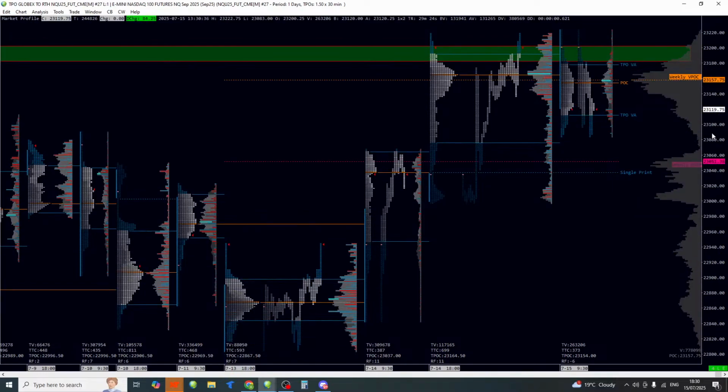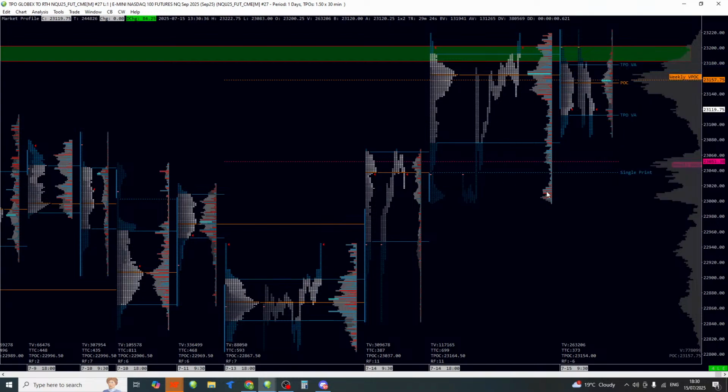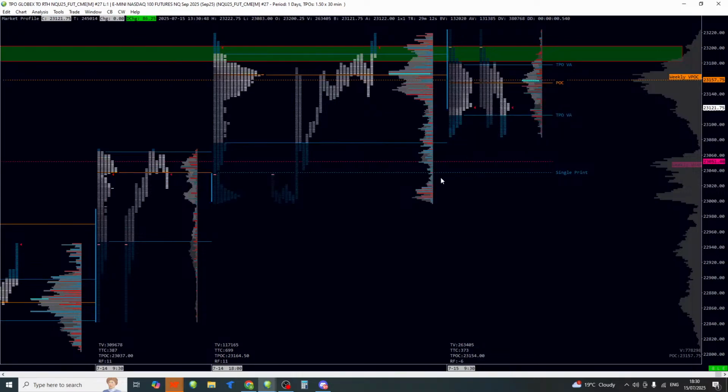As I said, volume profile is based on volume. Market profile is purely based on time, right? This is called a market profile TPO. It stands for time, price, opportunity. Volume profile is all about transacted volume, while market profile is purely based on time. So this market profile chart,